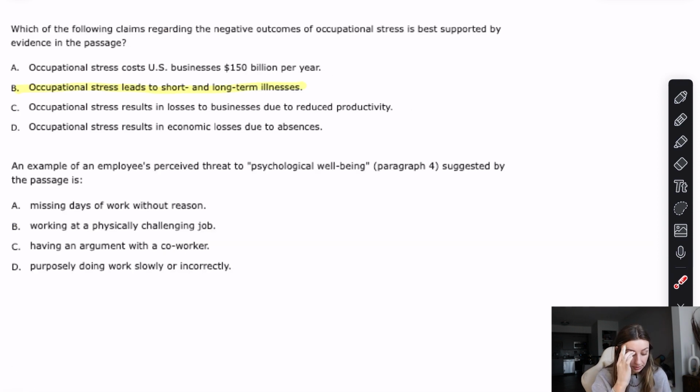Next question, an example of an employee's perceived threat to psychological well-being, and it actually gives us a paragraph. Suggested by the passage is...